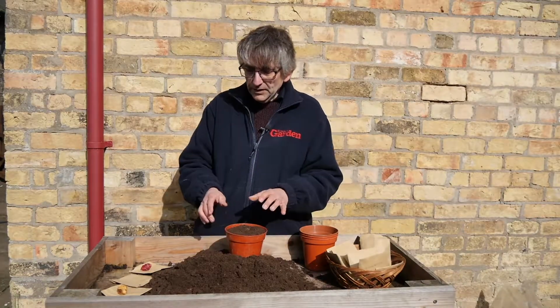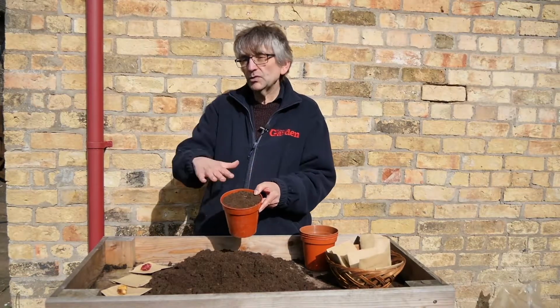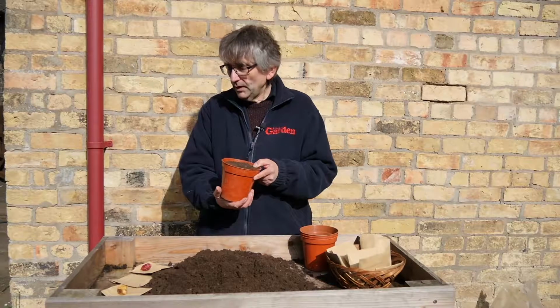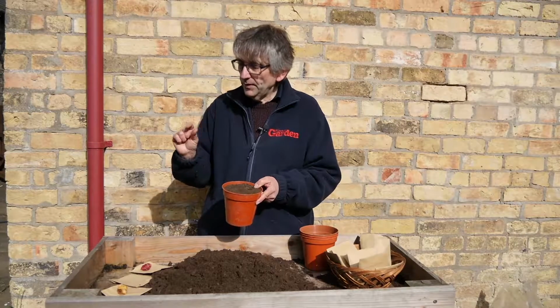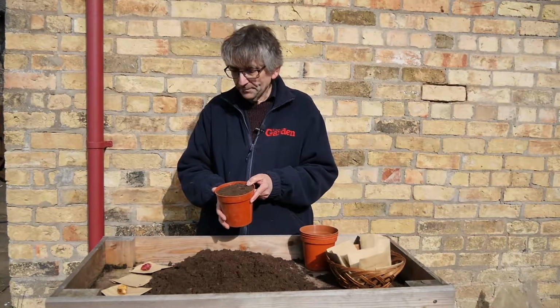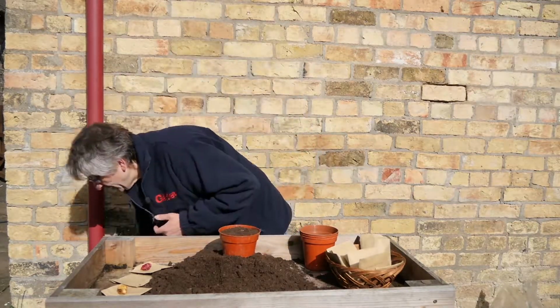And what I'll do is literally just plant them out to the depth of the level of the compost in the soil. As I say, because these are all ready started, the bigger tubers I'll probably give them perhaps a foot. Some of the tubers I know are very much smaller, so they'll be 8 to 10 inches apart in the soil. I have also seen them grown in things like potato bags,